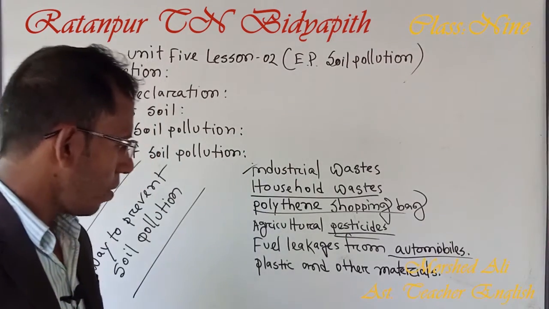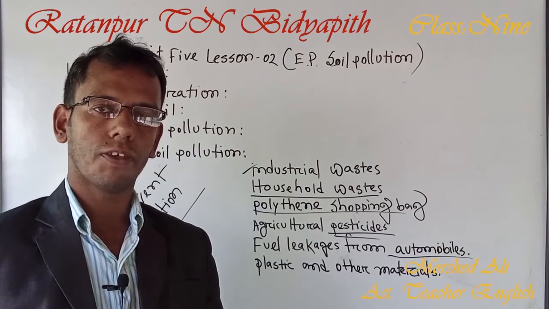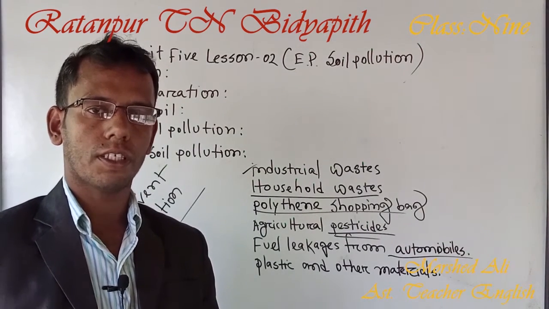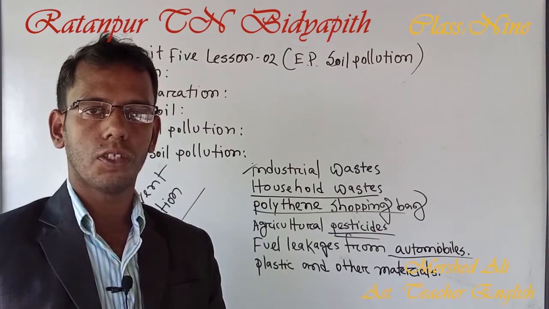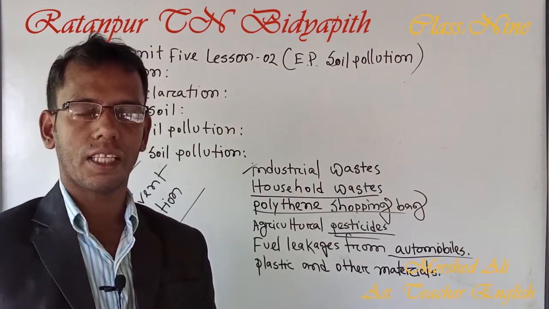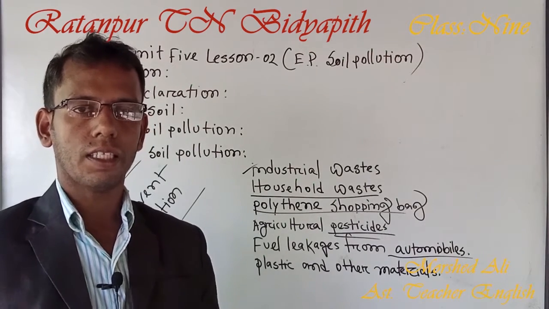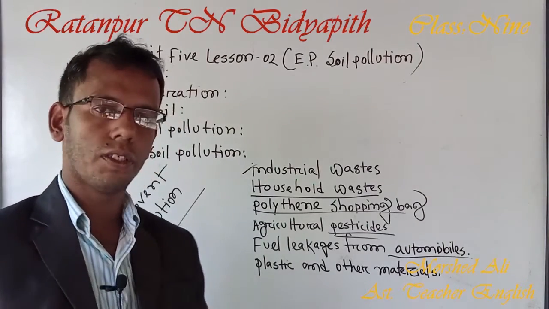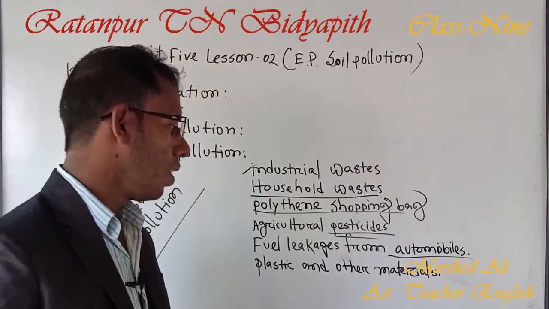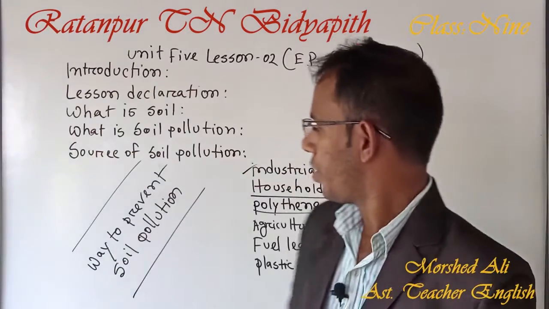So when we use any kind of plastics, we have to be aware of when it becomes waste. We should not dispose of it here and there in our environment, in our soil. If we put it here and there, one day this kind of plastic bottle, this kind of plastic pot will be harmful for our environment. Dear learners, now this point is very important.